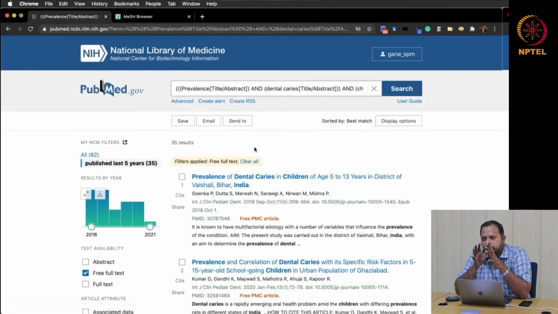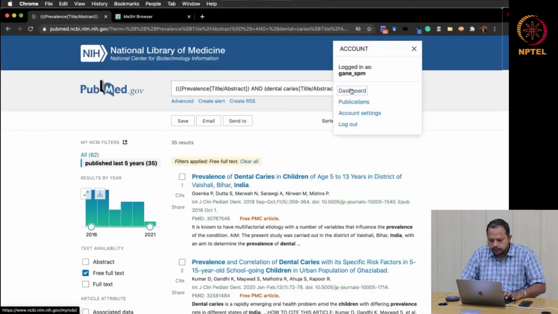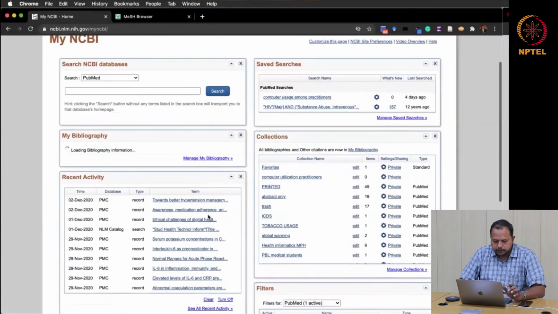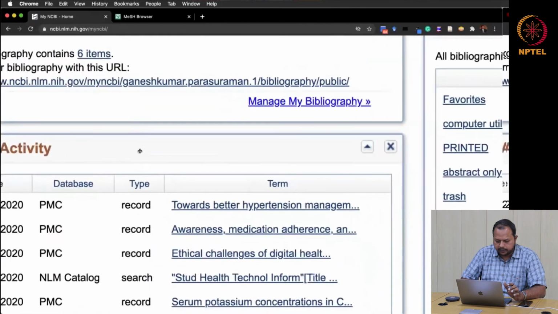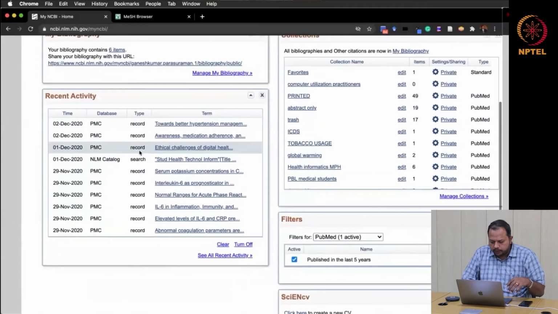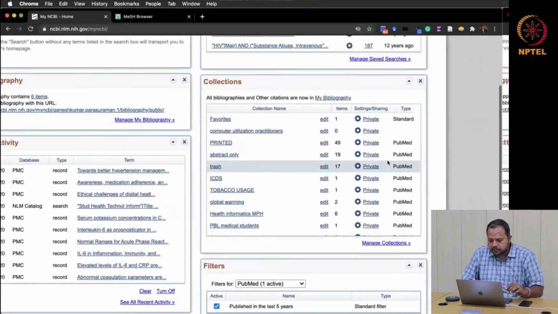Now you can either read it or store it. Now I'll tell you how to store all these things in PubMed. Number one, all the activity you did after the login is automatically stored, which will show as recent activity in PubMed. I will show you how it is. If I click my account, it will take me to what is called the dashboard. So this is my dashboard. On this dashboard, you can see there is something called recent activity. Number two, it can also show you your collections, all your collections.